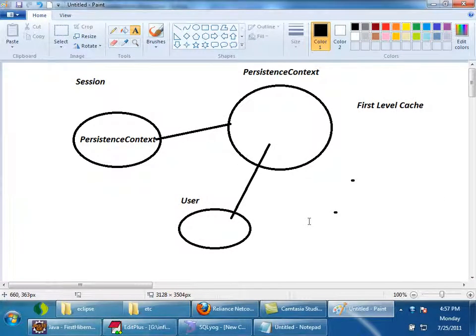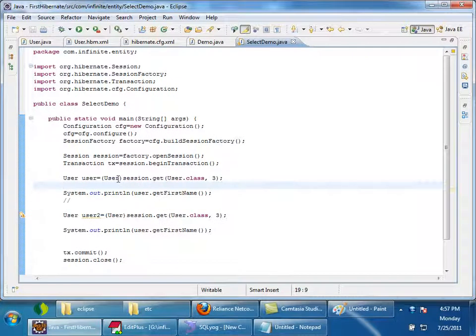And as I said, the persistence context or session object is said to be the first level cache, right? So when I executed session.get for the first time, the user object whose primary key is 3 was already in the first level cache.